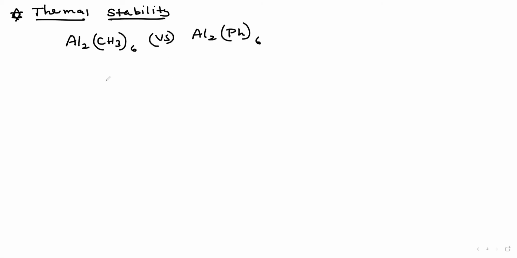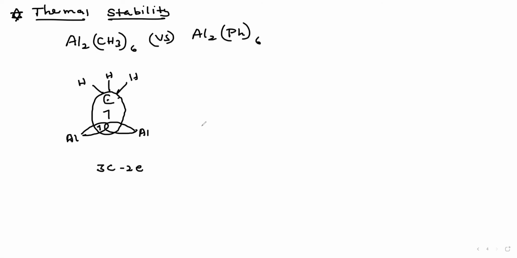Okay, I take only a single unit. This carbon atom has 1 hydrogen, 2 hydrogen, 3 hydrogen. This contains 1 electron. Now this aluminium, here aluminium, right? Now they make a bond like 1, 2, a complete bond. This contains 1 electron here, right? Therefore, aluminium, carbon, aluminium, a 3 center 2 electron bond.